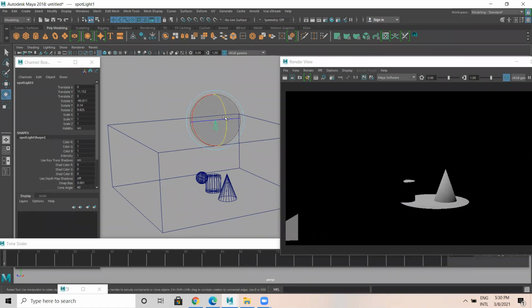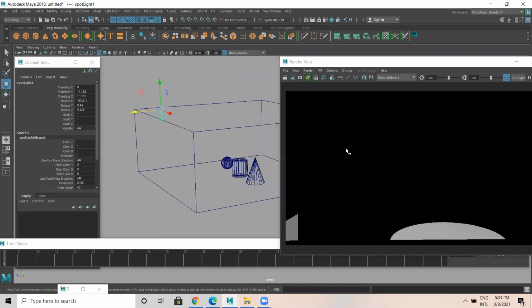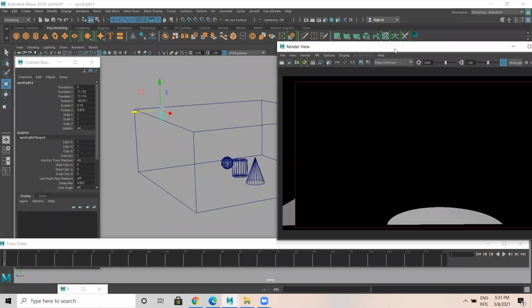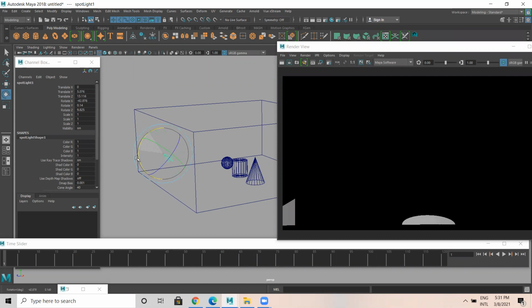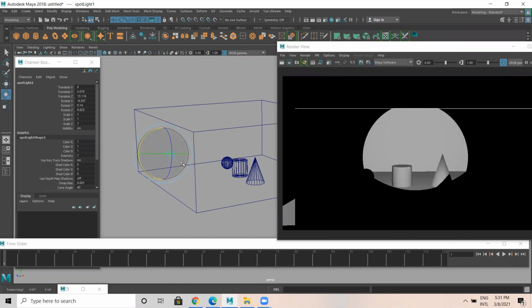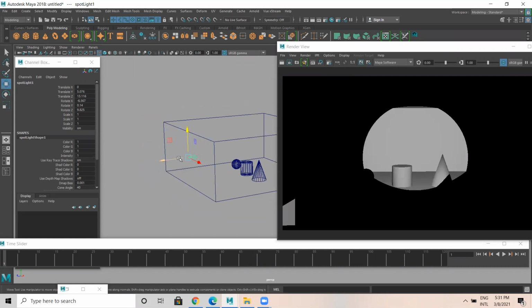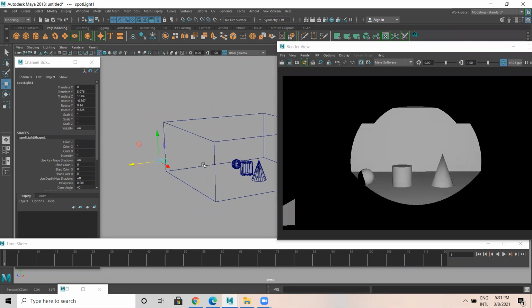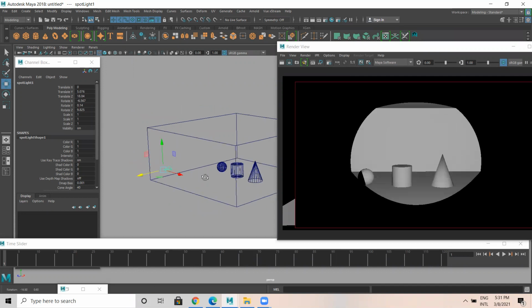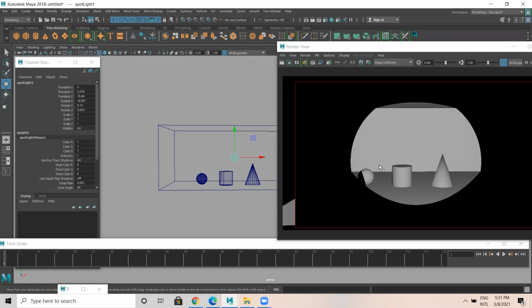So now let's do one thing. I'm gonna take this spotlight here and I'm gonna rotate this. And it works for rotate, translate, everything. So the light is over here.